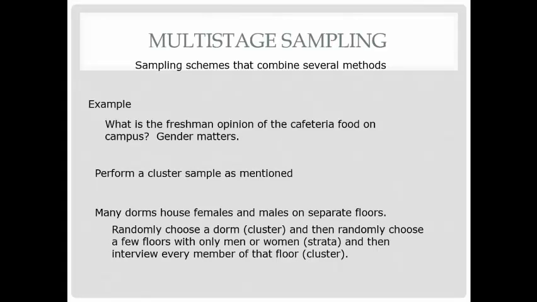So we'd randomly choose a dorm. So there's your cluster, and then randomly choose a few floors with only men or women, and that'll stratify it. And then interview every member on the floor, right? So it's kind of mixing stratification with clusters. Not really a big issue for us moving forward, but just to be aware, you can kind of mix these things together